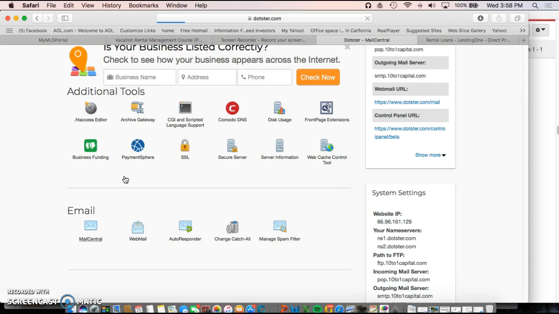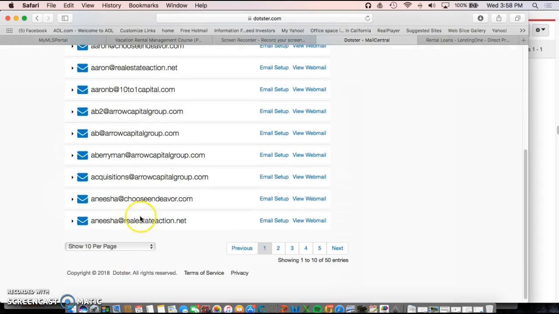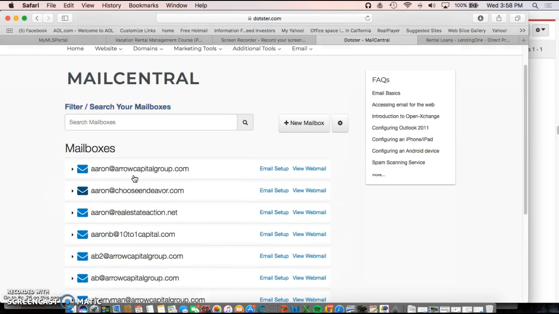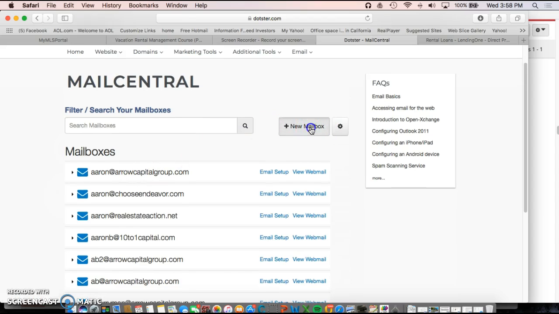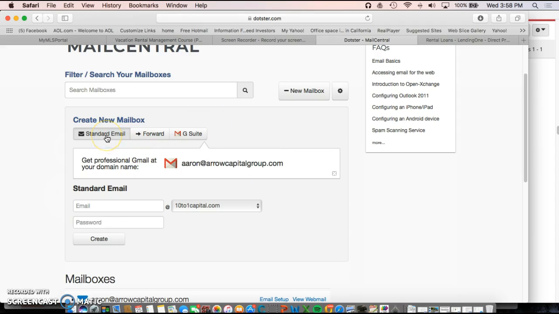After we click Mail Central, it'll give us all of the email addresses that we currently have in our system. What we're then going to do is click New Mailbox. After we click New Mailbox, we scroll down here. It's going to be a standard email. We scroll down here, and we would put the handle of the email in front of what we would want the domain to be. So for example, if we wanted it to be Choose Endeavor, we'd come down here to Choose Endeavor, and